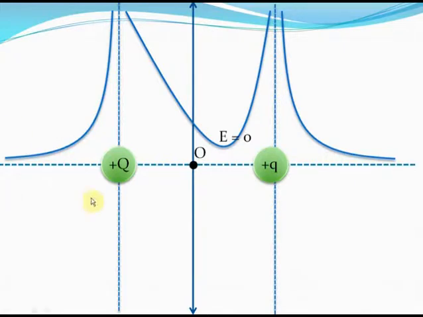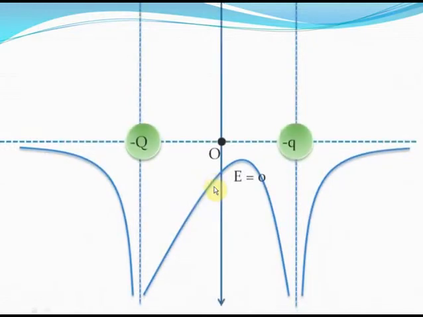The minimum potential, as you can see here, will be obtained somewhere near the smaller charge, and the point where the potential will be minimum will also be the point where the electric field due to both the charges will be zero. Remember, dV by dr is equal to electric field. So where dV by dr is zero or the potential is minimum, that's the point where the electric field is zero. Again, you don't need to remember exactly the graph that's there in this case. You don't need to remember the exact formulae of the potential. Just use simple logic, understand what's happening, and you'll grasp enough concepts to clear IIT JEE.